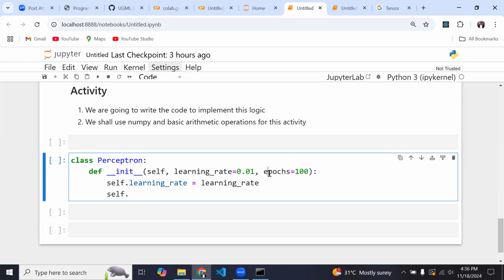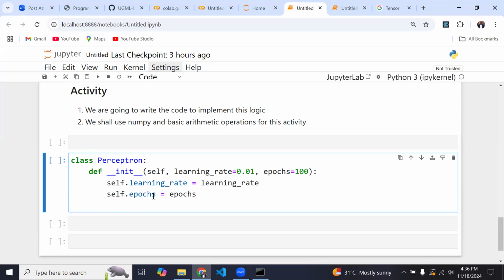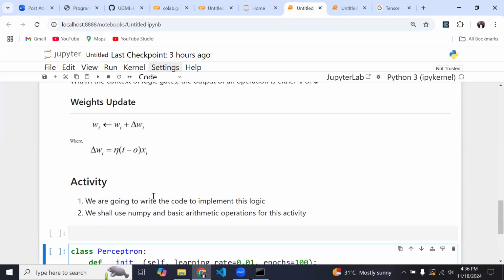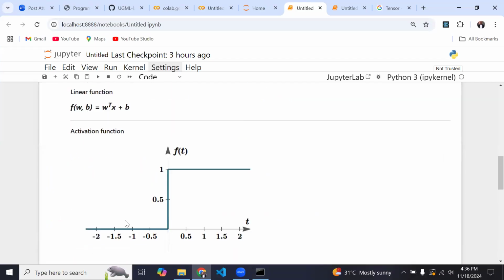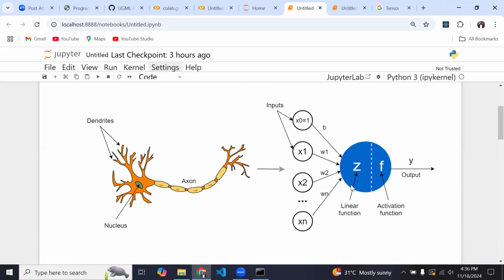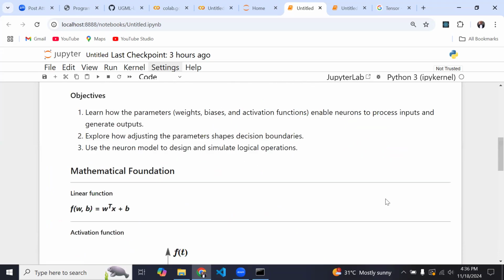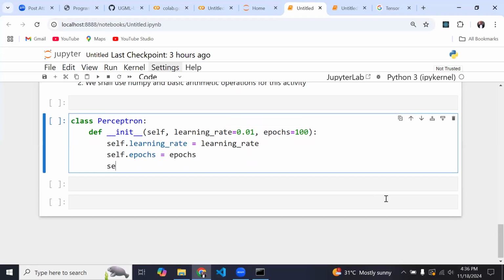is going to be equal to our epoch over here. Then we would also need to write something about the activation function, because at the end of the day, whichever calculation is done passes through an activation function. So what I'm going to do over here is say self.activation